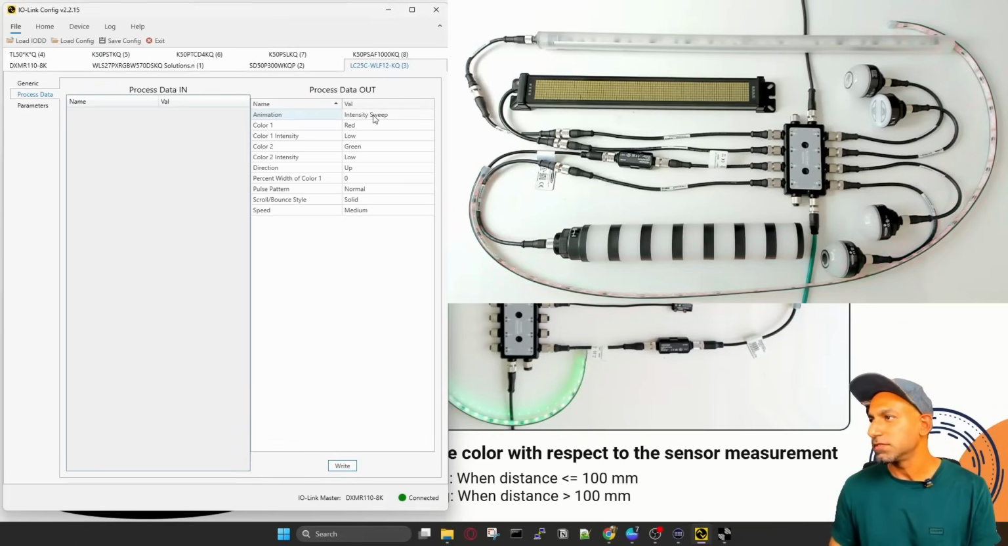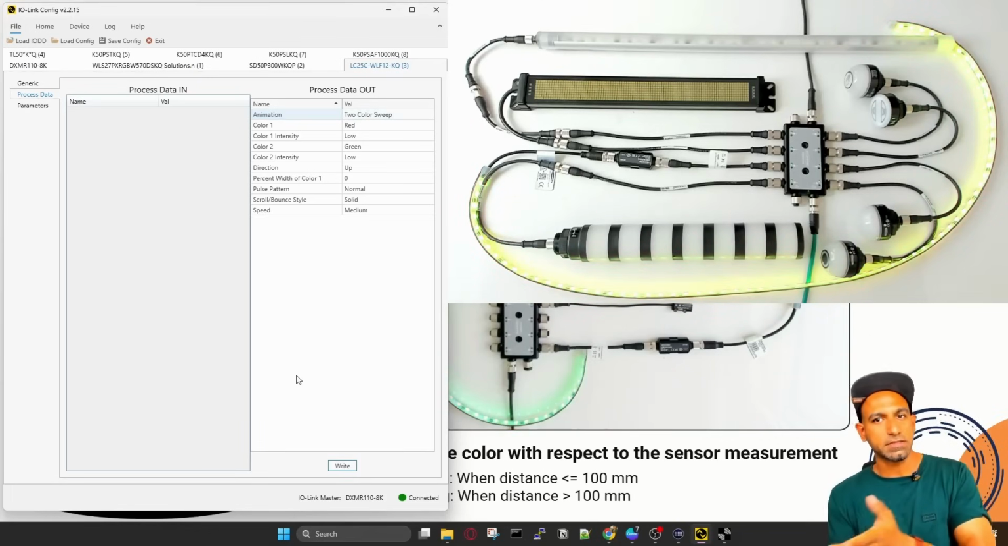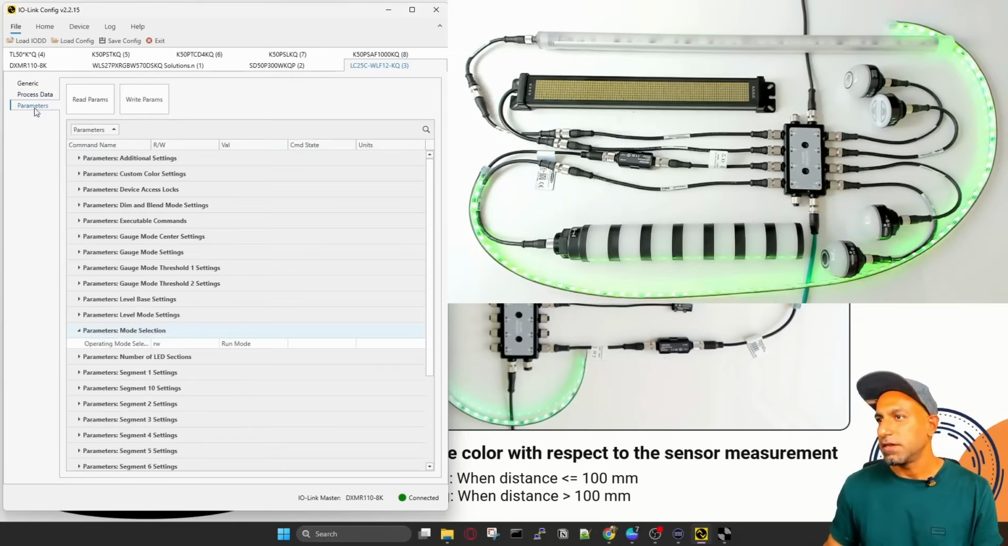Okay, so this is one way. You can have two color sweep, which is red and green. Now it will sweep between red, yellow, and green. Okay, this is how the sweeping is doing the RGB combinations. So these are the different modes of operation for this strip light, and I can also make that into a